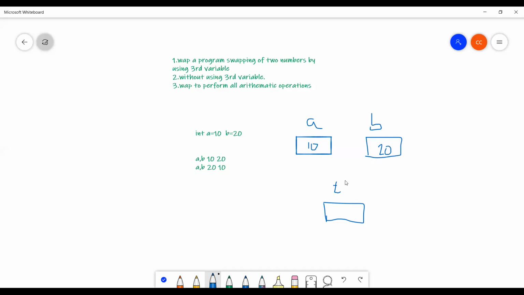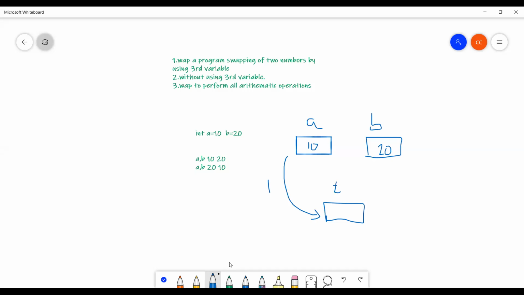First, I will tell you how to swap by using a temporary variable. First of all, you identify t is empty. So you put the a value in t. Place the a value in t. This is your first step.